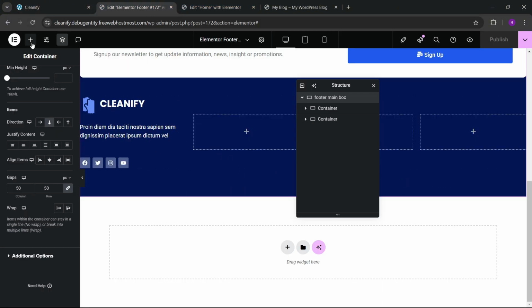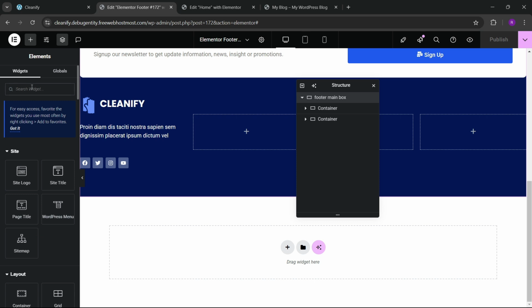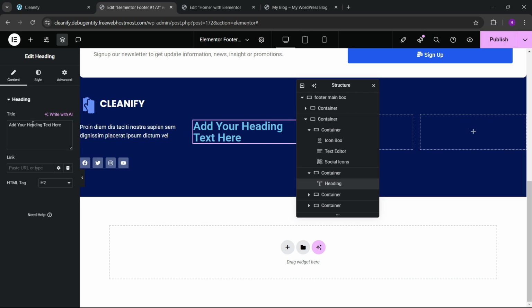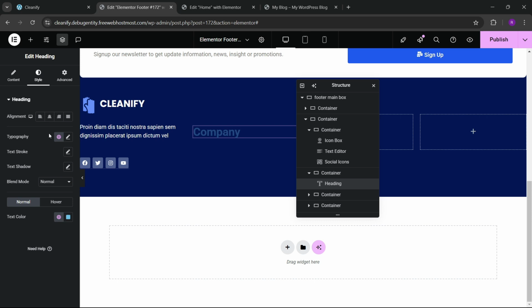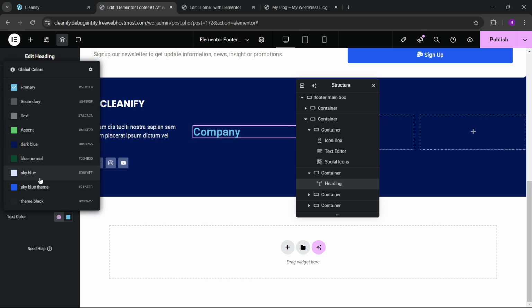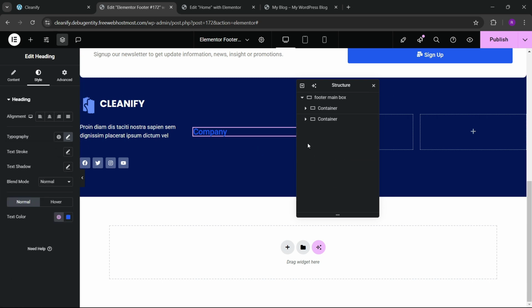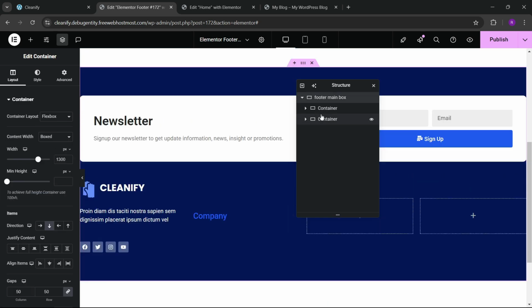So now what we can do, we can just go here, and here we can search for heading, and here we can write company. Okay, and here we can make this like this, and here we can make this 23 and we can make this 500. Okay, and here we can make this